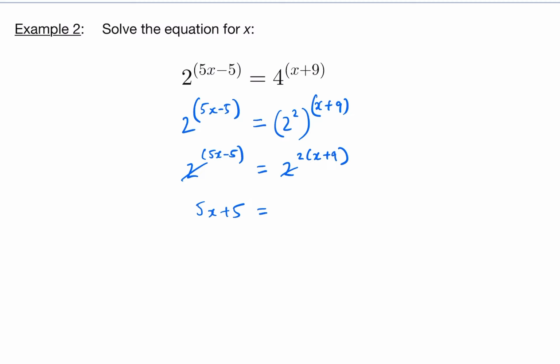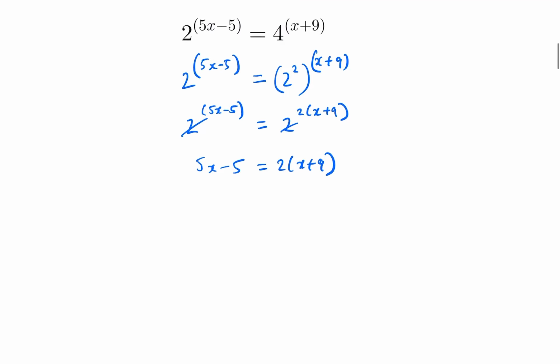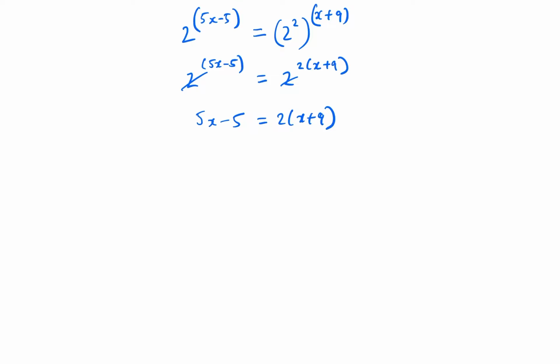So here we've got 5x, I'm sorry, not plus 5, it's going to be minus 5. 5x minus 5 is equal to 2 times x plus 9, okay? And then solving for x is much easier because now it's just basic algebra. This comes out to 5x minus 5. And then on the right side, if we use the distribution, we get 2x plus 18. And then subtracting 2x from both sides,